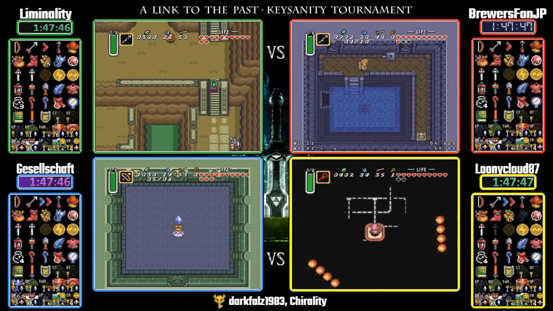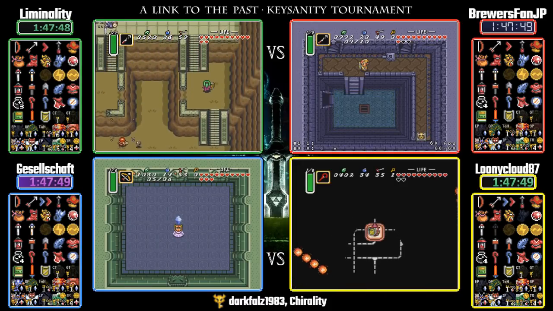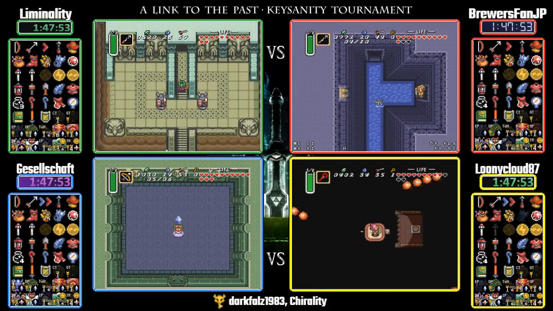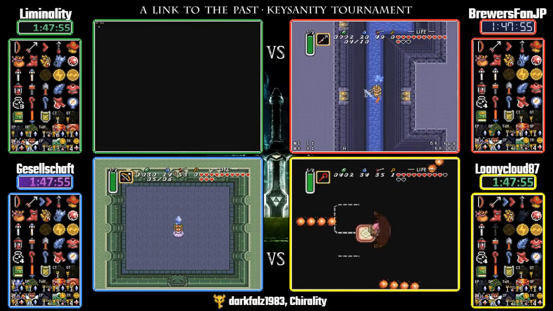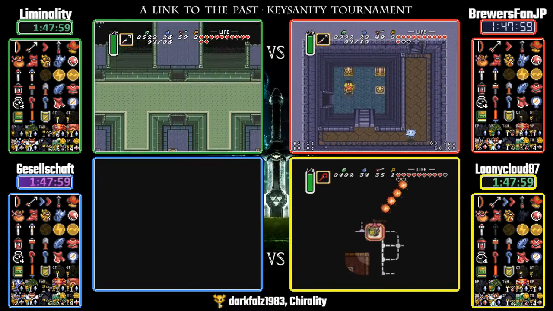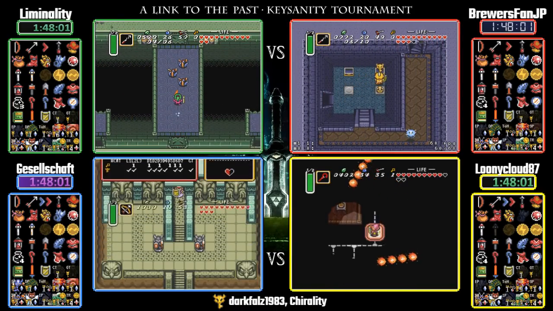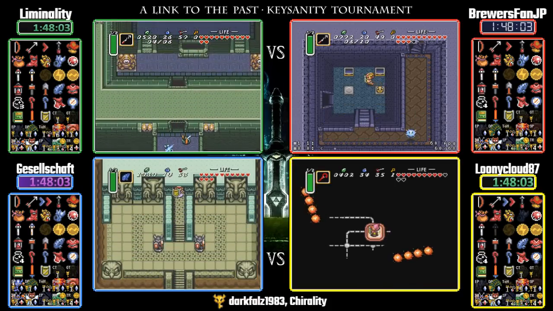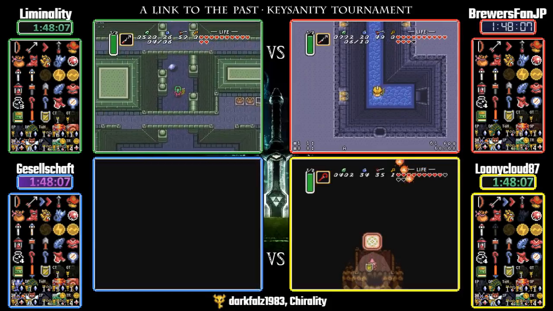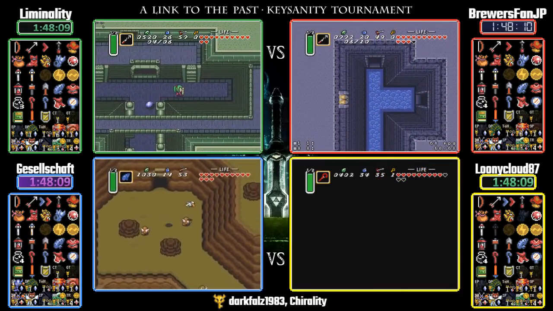And meanwhile, Giselle getting off a really clean fight on Armos, getting her 6th crystal, and now all she needs left to do in the entire seed is go kill Trinex and then go kill Ganon. Brewers seeing his big key at Eastern, very happy to see that because that puts him in the go mode